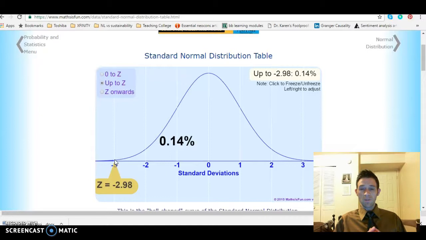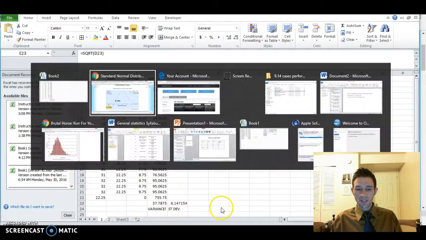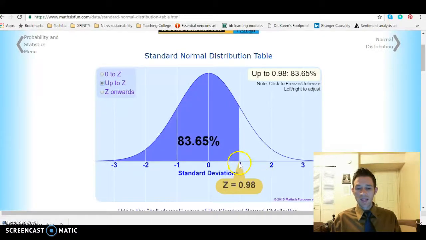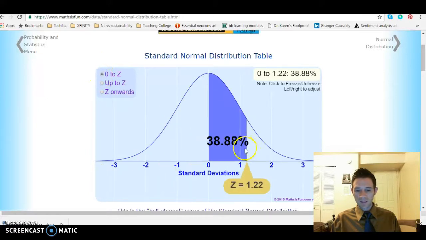So average is very common, and as you get super fast, it gets less and less common, and as you get super slow, it's less and less common. We talked last week about how there are certain things that tend to have this normal distribution. We're not going to get into that too much, but the key is that this 6.15 is our ruler in this data set, because that's the number that gives us that